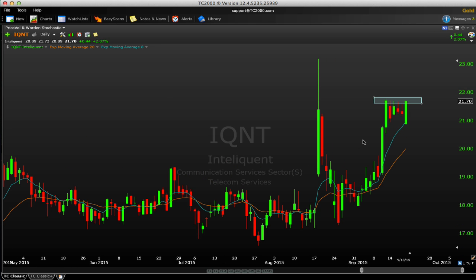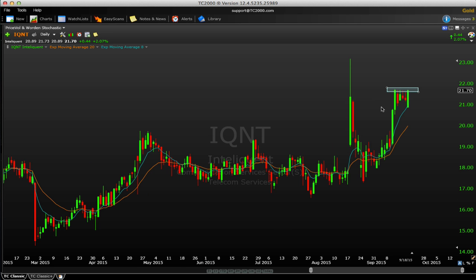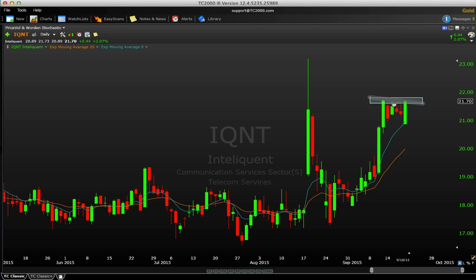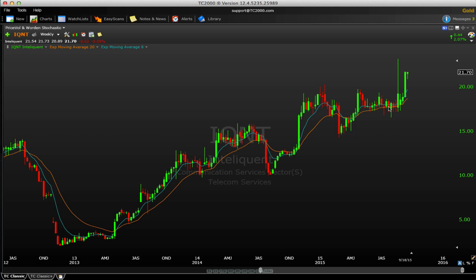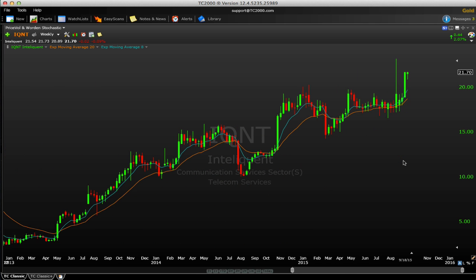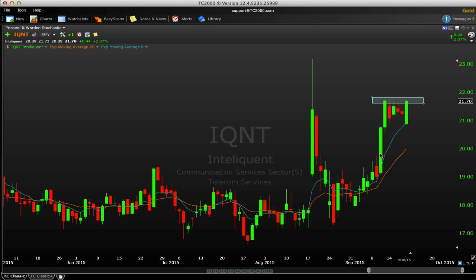IQNT is another one. I gotta do a little research on this name though. This looks very clean and orderly. I don't know if it's a low volume. Shouldn't be that low volume, but I just want to make sure there's no merger or acquisition in here that the price is really cleanly trading at, because I get a little hesitant when I see such tight, perfected price action. But IQNT, take a look at this one. May need to research it a little bit, but hanging pretty high and tight right there. Take a look at a weekly chart. Looks pretty constructive. It's been in an uptrend for a little while, so keep that one on watch.